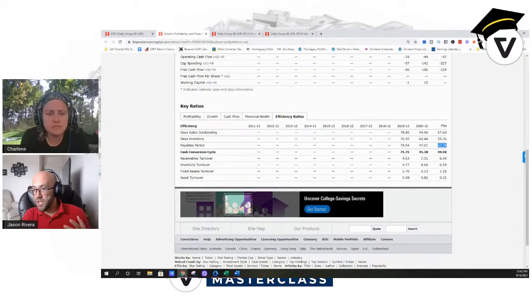In terms of the days inventory and days sales outstanding, I don't know why I'm struggling to say that. Those are both lower as well, which are typically good things. When you can sell stuff faster, when you can sell through your inventory faster, that means you get this entire cycle going from buying supplies to selling it to customers getting cash. That's what the entire cash conversion cycle is. So the faster you can turn this, typically, again, the more profitable you become, the more efficient you become. Okay. It's not showing up in this case.